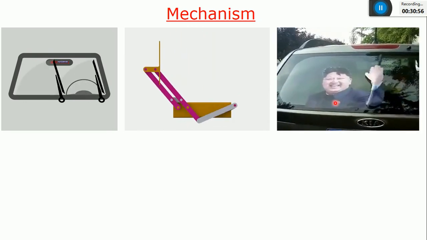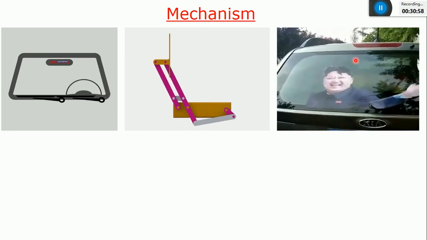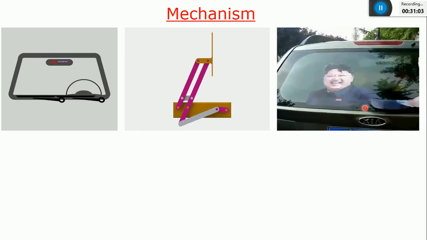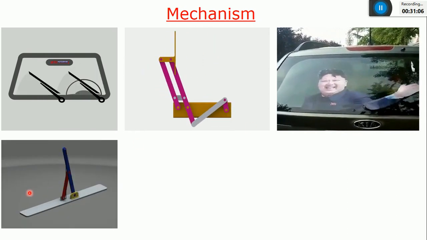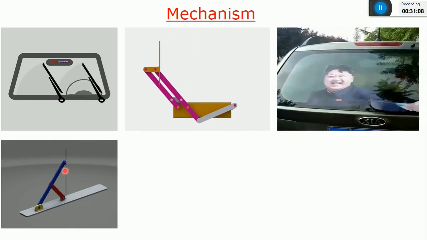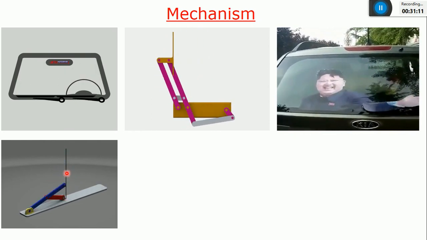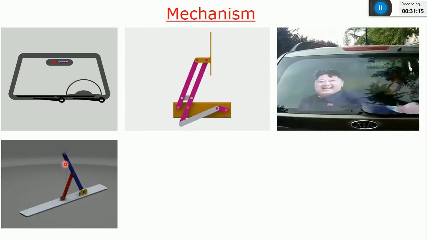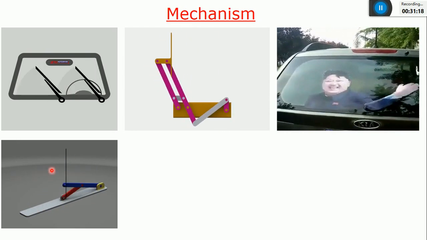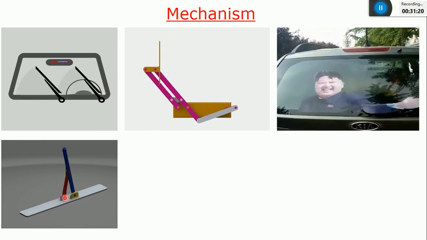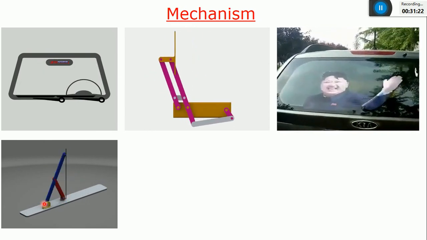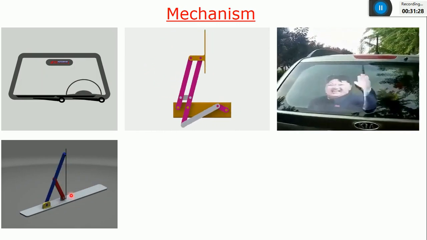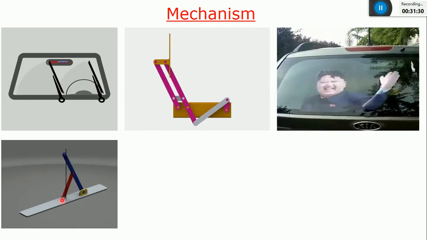And so this is also an example, same car wiper. Okay. So you can see the hand is fixed to the glass. And this is also one more type of a mechanism which is used to generate a straight line. Okay. In the industry, in the different machines, if you want to generate a straight line motion of a cutting tool, you can use such mechanism. Okay. So you can see any one link has to be fixed. This one is a frame. Okay. So this is a single slider mechanism. Since there is one link sliding, and the remaining are rotating.